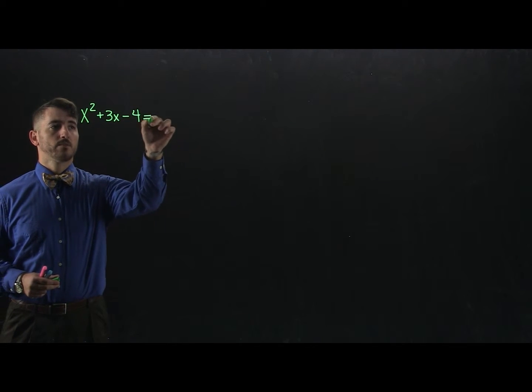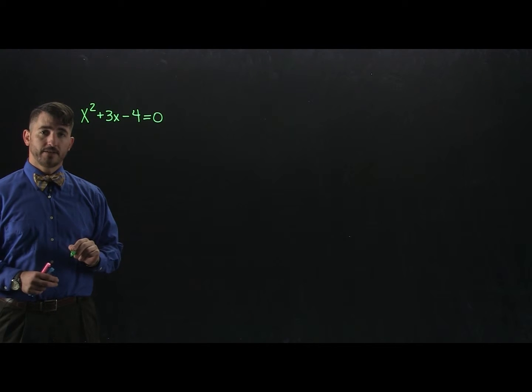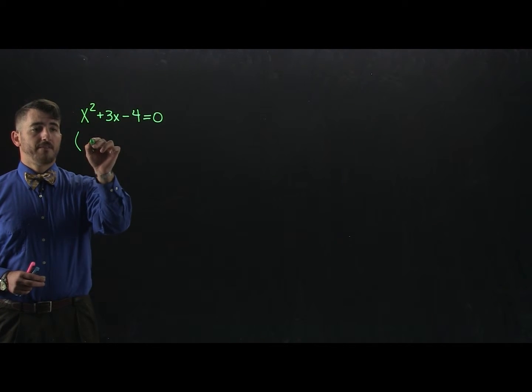Hello. Today we are going to solve a quadratic equation. x squared plus 3x minus 4 equals 0. We will do this first by the factoring method. Setting up the factoring method,